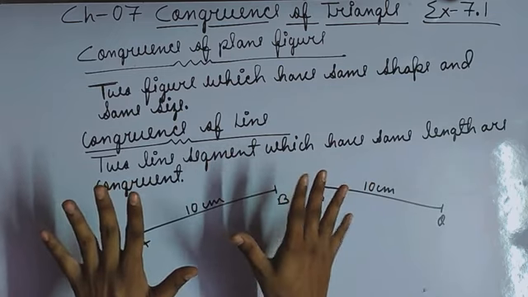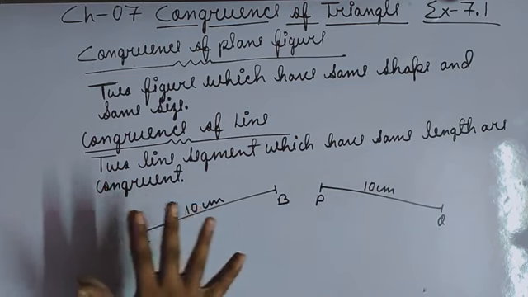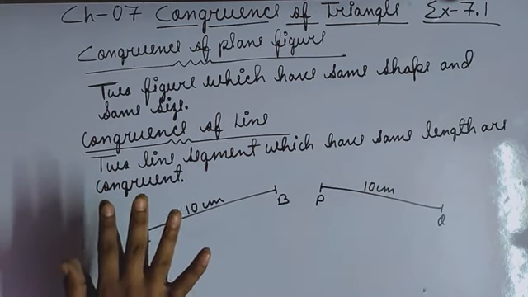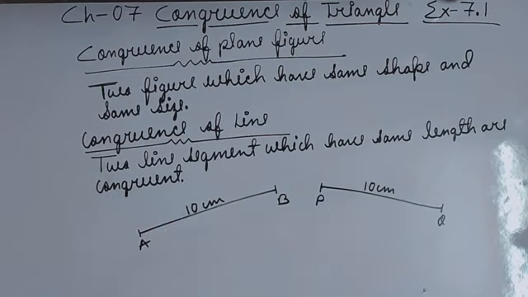And how can we prove that? When I keep one over the other, I am not getting any region of the other hand which is visible. So these two figures are congruent figures. This was a general day to day example. Since we started our geometry from the point and then the line segment, let's start with the congruence of a line segment.